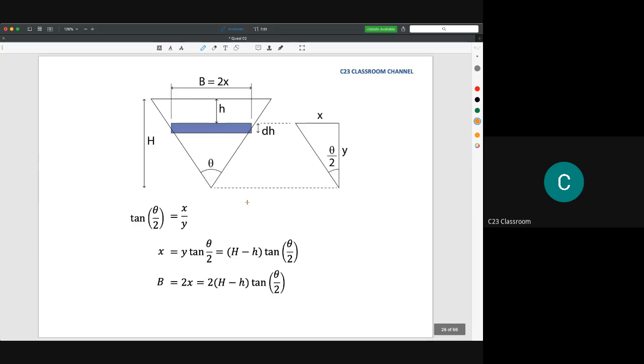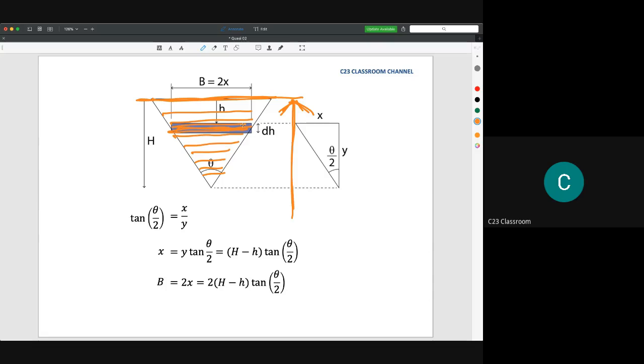Okay, the problem with the triangular weir is that the flow rate does not only depend on the height of the water, so this is the height of water from a certain datum. But the flow rate also changes because the width of the weir, the width of this triangle weir, becomes smaller and smaller. So the quantity of water that flows out from this outlet is reduced because of the height of water here, the water level here, and the length of the